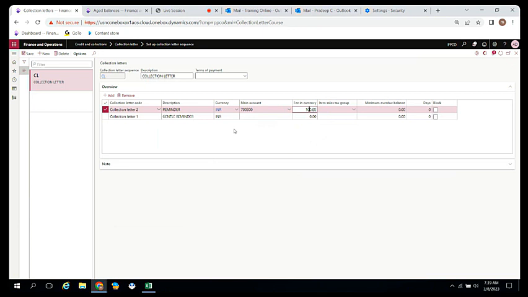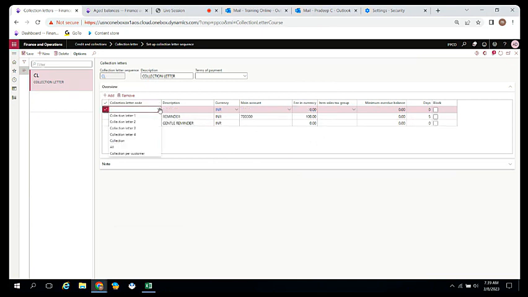Okay, so days has been passed. We are giving that after 5 days we are going to send this reminder letter. Okay, we have given a 3 days grace period. After 3 days we have given 2 days. On the fifth day we are sending this letter to the customer, and this fee is to be paid by the customer. That is the reason it is a revenue for us. Okay,